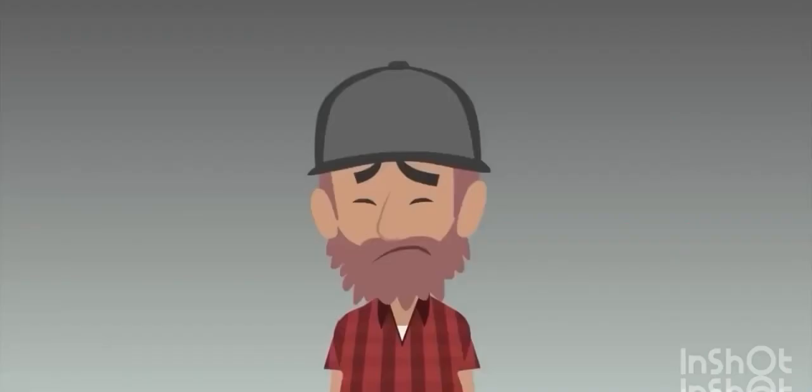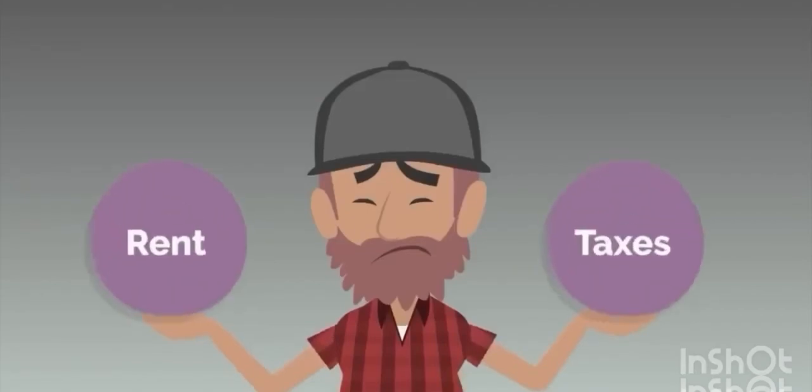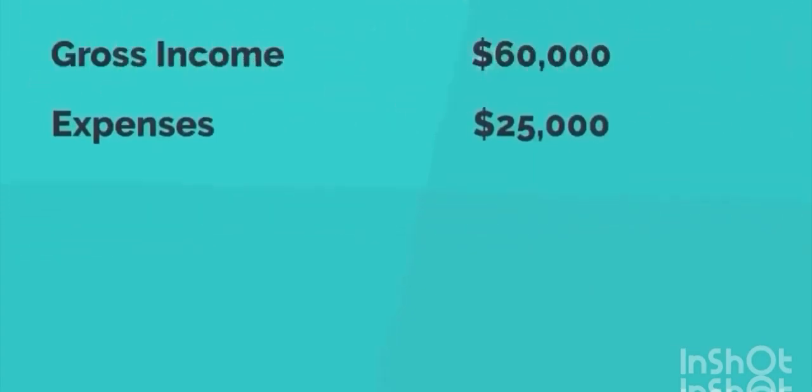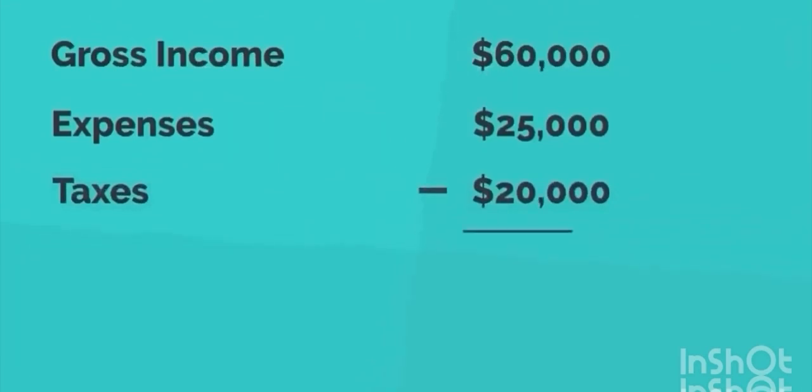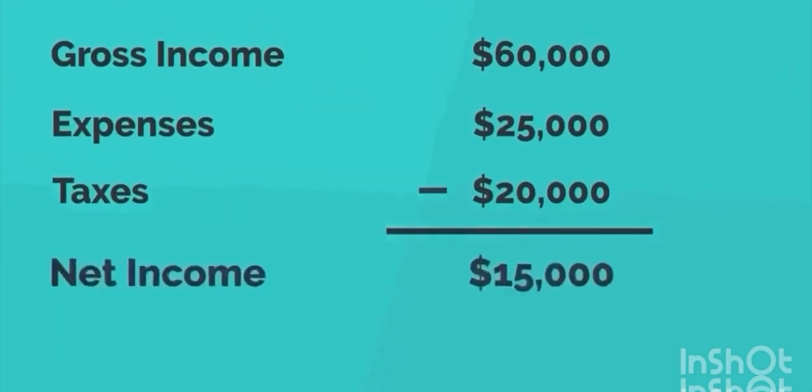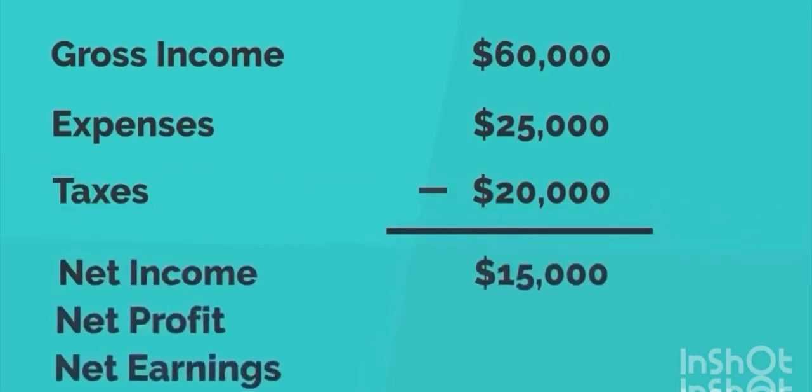Once again, however, he doesn't keep this amount either because there are more than just direct costs involved. Tom's business also has expenses such as rent, and taxes need to be paid. Let's say his expenses including rent amount to $25,000 yearly, whereas taxes amount to $20,000 per year. After subtracting the $25,000 expenses and $20,000 for taxes, we are only left with $15,000, called the net income, net